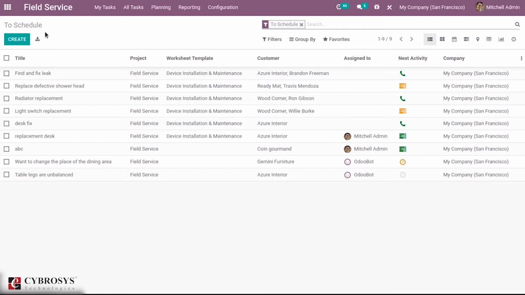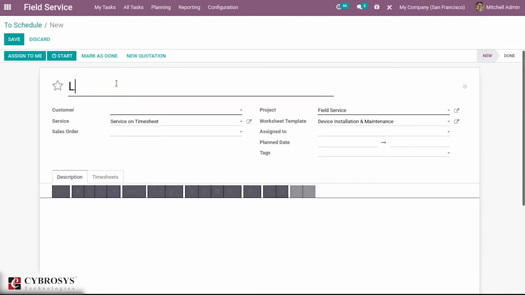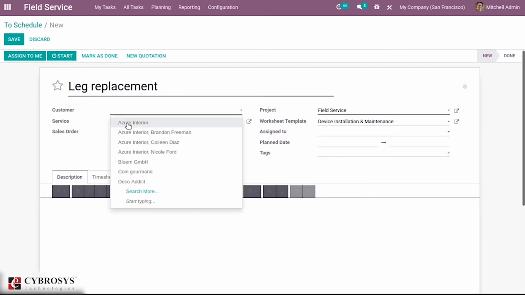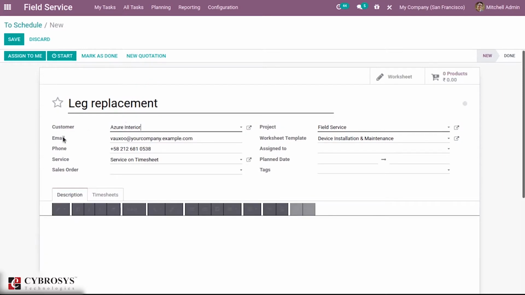Now let us create a new task and see what the changes are inside the form. Replacement. Here you can add a customer, and some details are shown when you select the customer.